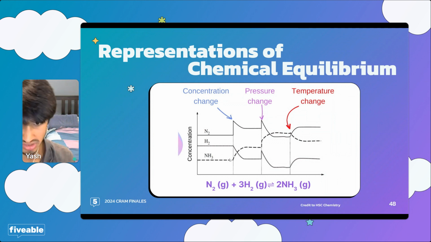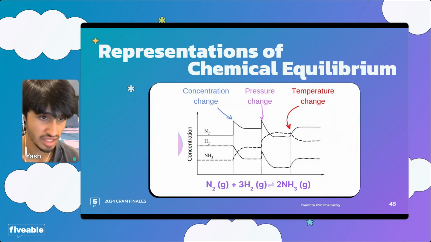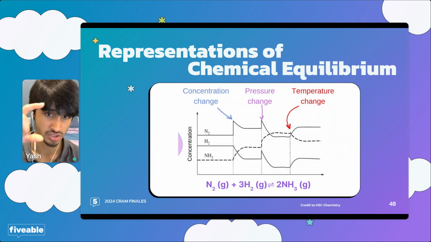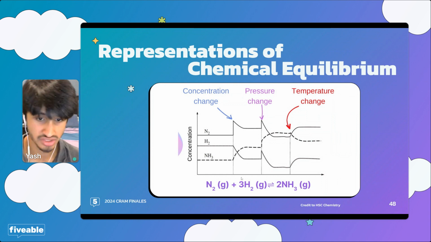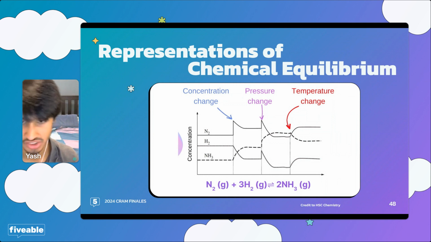Now, the first change we'll do to the system is we'll suddenly add a bunch of N2, right? And if we suddenly increase the amount of N2, that means we'll have a sudden increase in number of reactants, meaning there'll be a shift towards the products. In that case, you can see how NH3 slowly increases and N2 slowly decreases as it's used to produce NH3. And also, important to note, H2 actually decreases because as you see, the reaction shifts towards the right, using up H2.